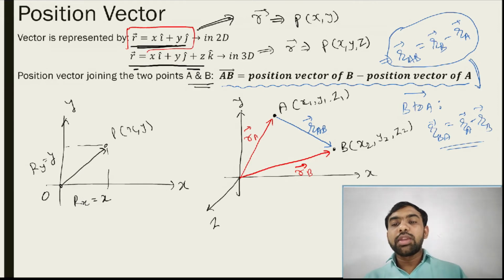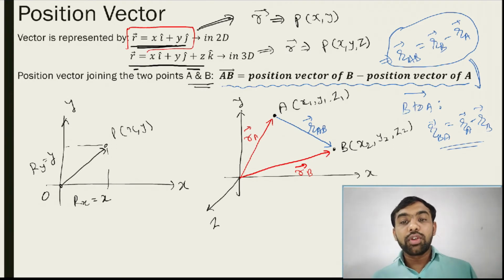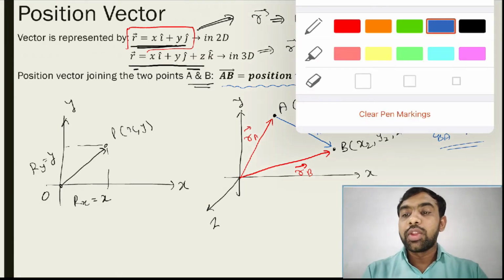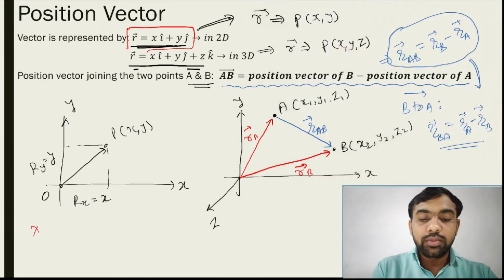If A to B, then B minus A. If B to A, then A minus B. So you just find the answer this way, from one point to another point. This is very important because a number of examples are asked based on this. Now you just use the summation rule here, and you get this answer directly. So the summation rule, that's the important one, you just note it.